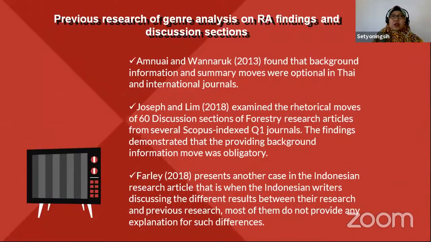The previous research of genre analysis on RA or research articles, findings and discussion sections. First is research by Amnuai and Wannaruk in 2013. They found that background information and summary moves were optional in Thai and international journals. And then the second research was conducted by Joseph and Lim in